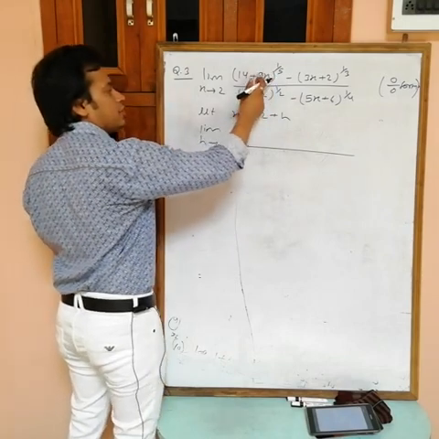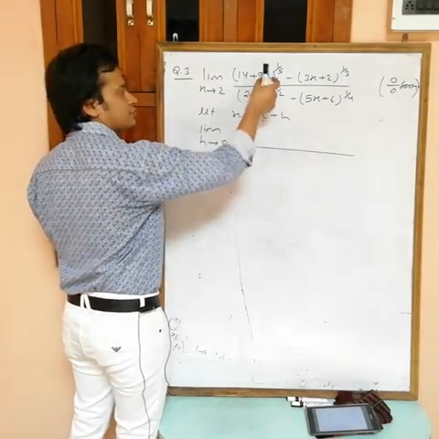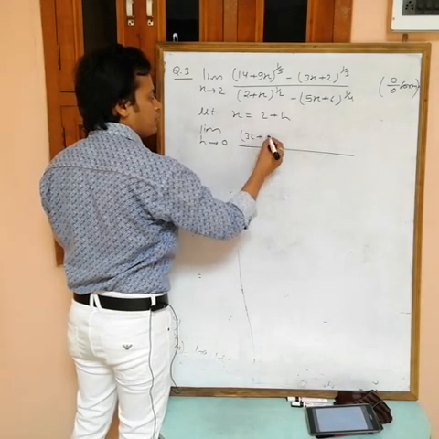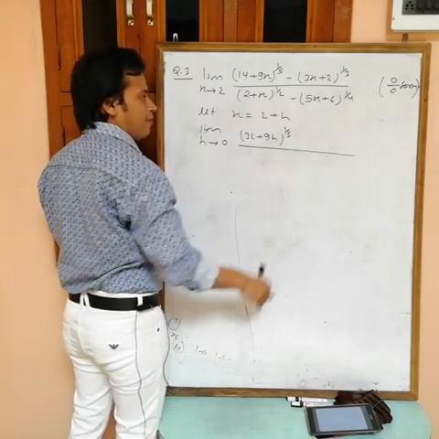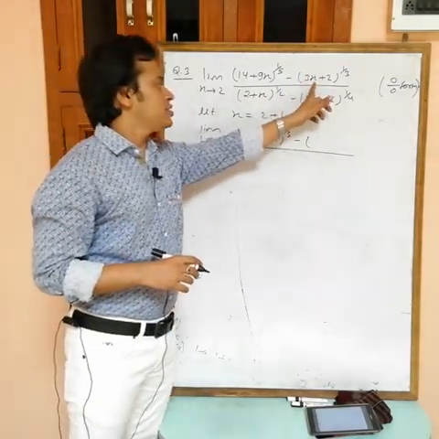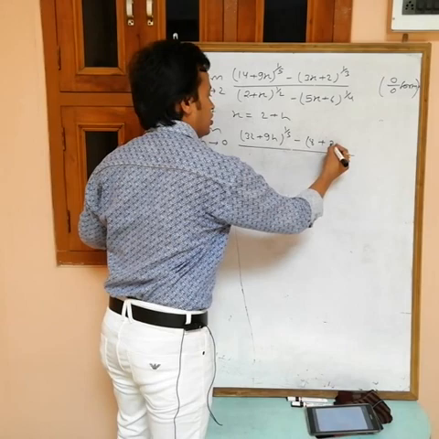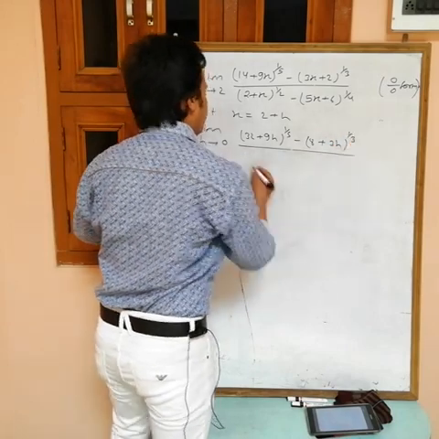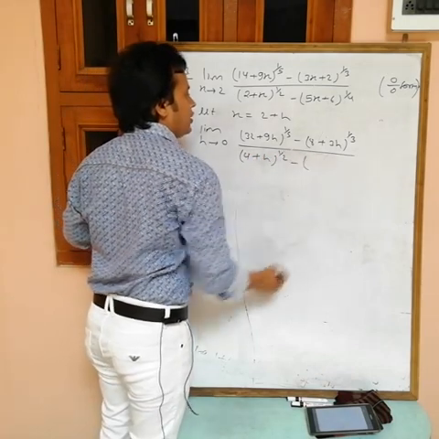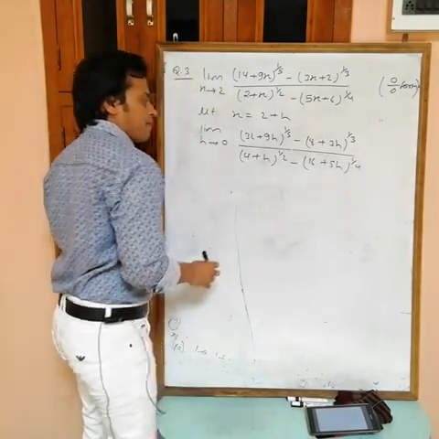If you replace x as 2 plus h, then 9 into 2, 18, and plus 9h. Okay? 18 plus 9h. 18 and 14 is 32 plus 9h power 1 by 5. If you replace x with 2 plus h, then 6 plus 3h, 6 and 2, that is 8 plus 3h power 1 by 3. If you replace x with 2 plus h, you will get 4 plus h power 1 by 2, and here you will get 16 plus 5h power 1 by 4.